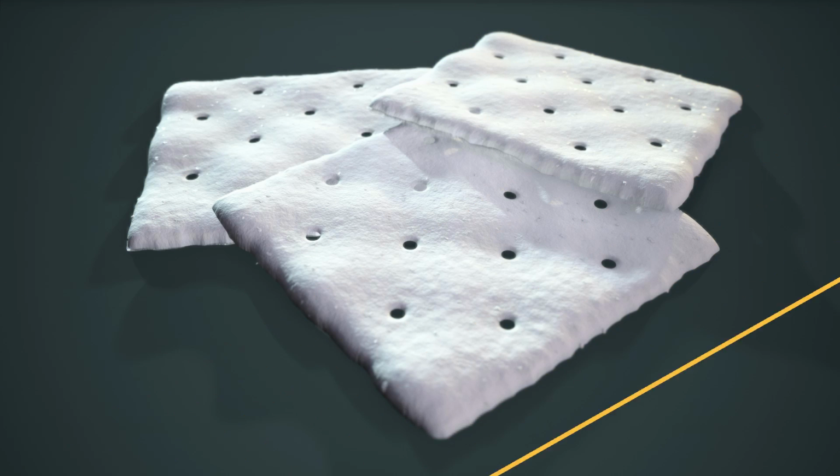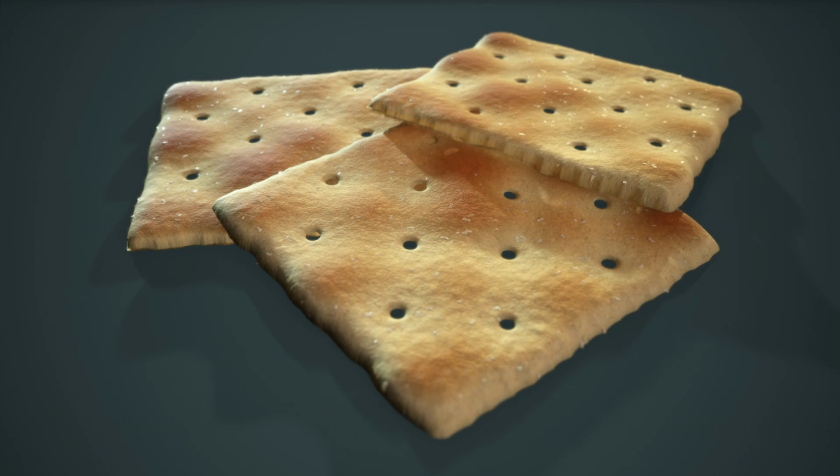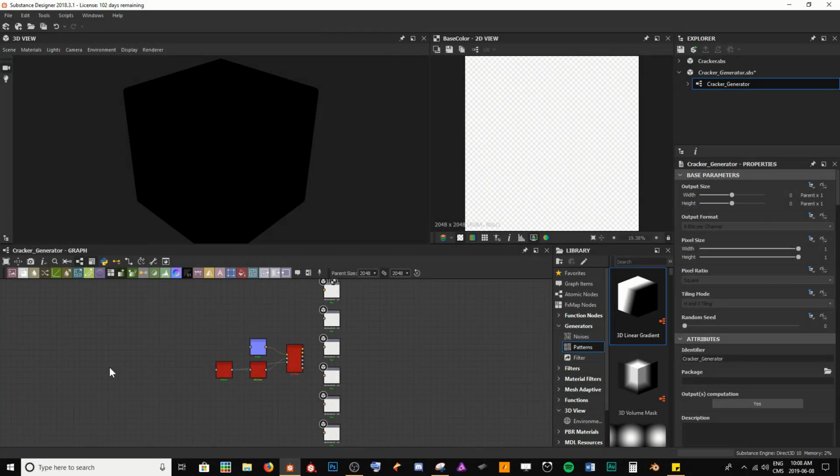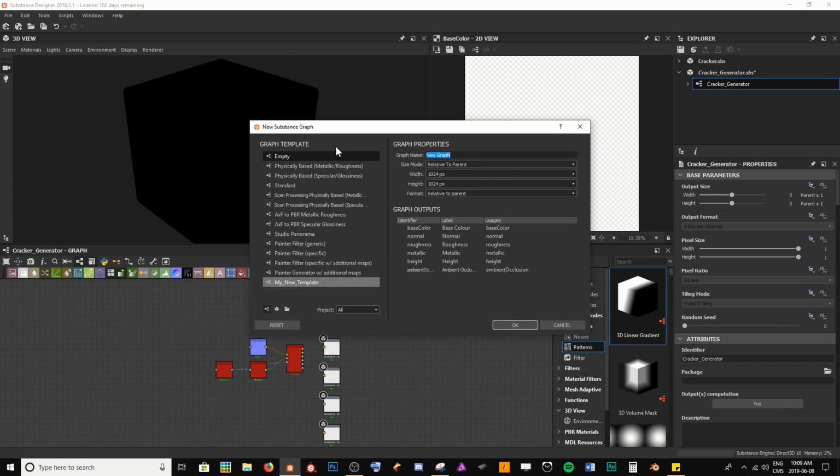So recently I was told that I need to start doing more weird flex materials. And so I thought that not only would I do it, but I'll take you along in how to create one yourself. So the first thing you're going to want to do is, like always, come up here and create